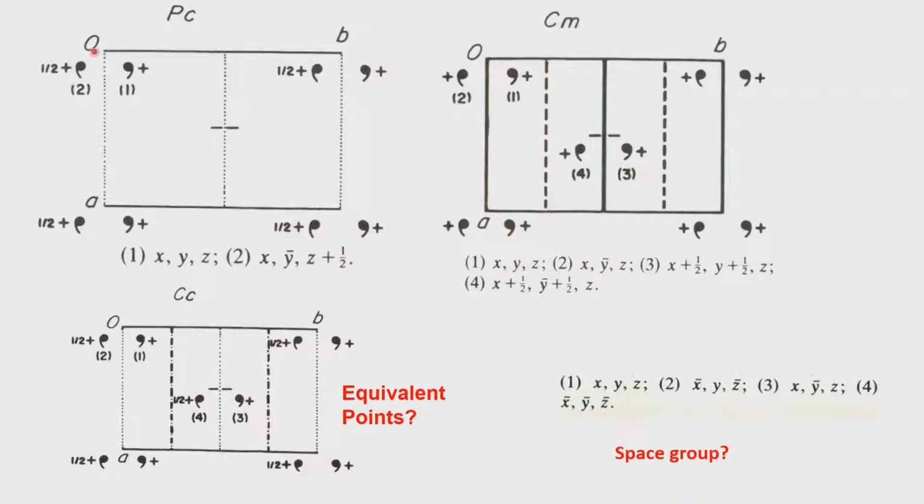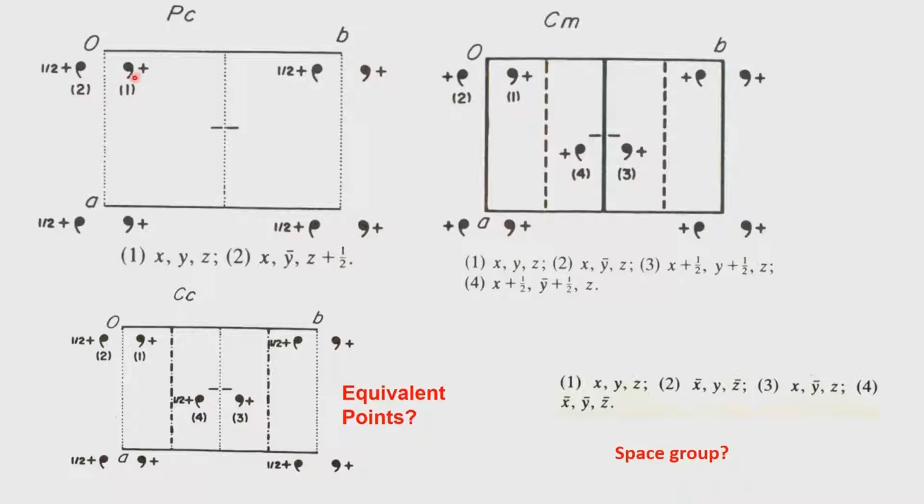We can also move this in the plane of a and c, and if we move it in the plane of a and c along the diagonal, then it will become Pn, an n-glide operation. So, I want you to put some thought into this, because there is no point in me telling all the space groups and all the ways in which the equivalent points develop, but I want you to think about how Pn can be generated. This diagram for a Pn, maybe it will be given as an assignment later by our teaching assistants. So, find out what the equivalent points are if the space group is Pn.